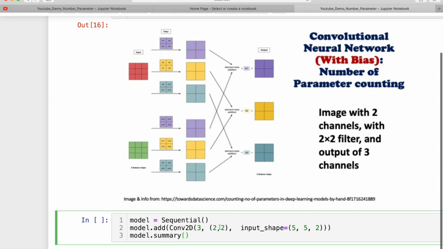It's easy. How do you calculate? It should be 27. Let's see how it is 27. Here 2 into 2, 4. We have taken the 2, so 2 into 2 into 2, 8. 8 into 3, 24 plus 3 bias, 27, right?